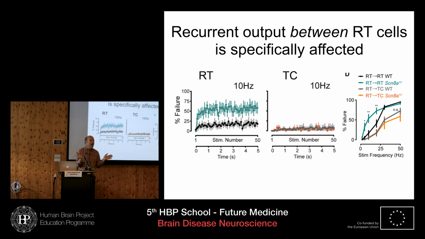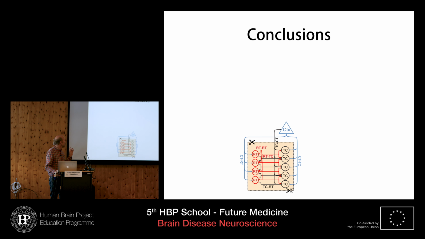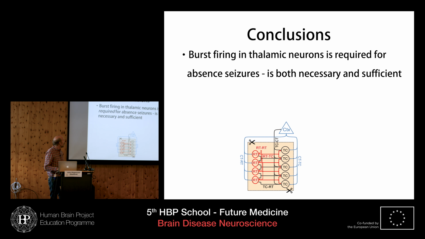So these cells have lost the ability to inhibit each other, especially under these conditions of repetitive activation, exactly the conditions that happen during a seizure. The synapse is being activated over and over again, and now it's failing when you need it to be acting most effectively. So let me finish up really quickly so we have time for one or two questions. The first part, I said burst firing really is a critical component, and it's going to be important for current and future therapies, we think.